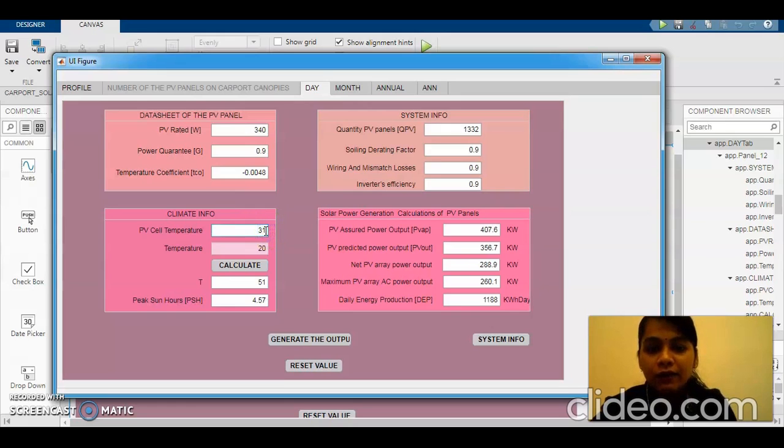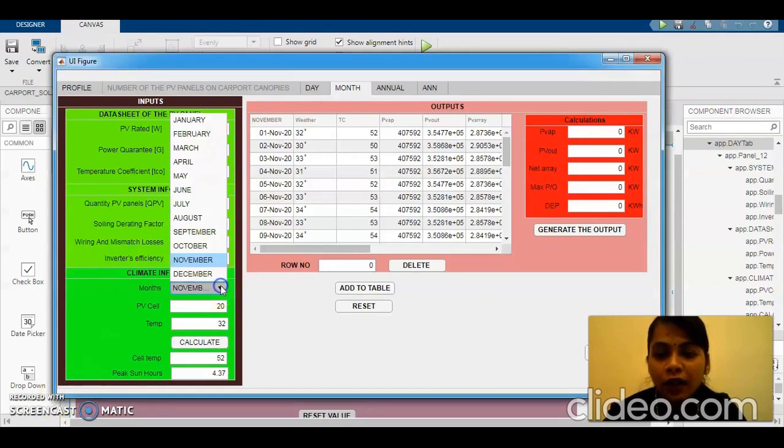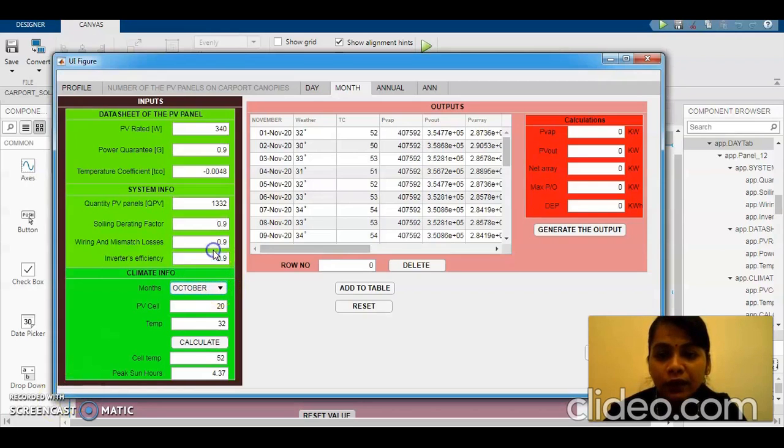This is the datasheet of the PV panel and system info. If the user changes the value from 31 to 30 and then clicks the climate info, it will generate the output value, and the user can also reset the value to 0. Okay, this is the prediction for one month. The user may key in the input and output and add it into the table. The output values are from January to December. The user can add to the table,